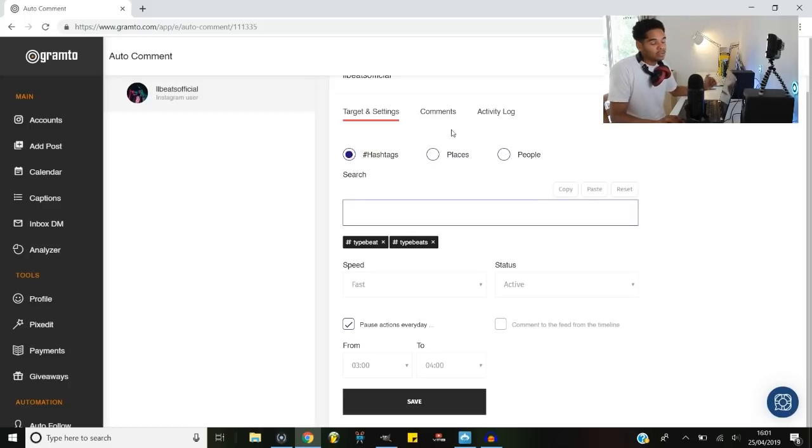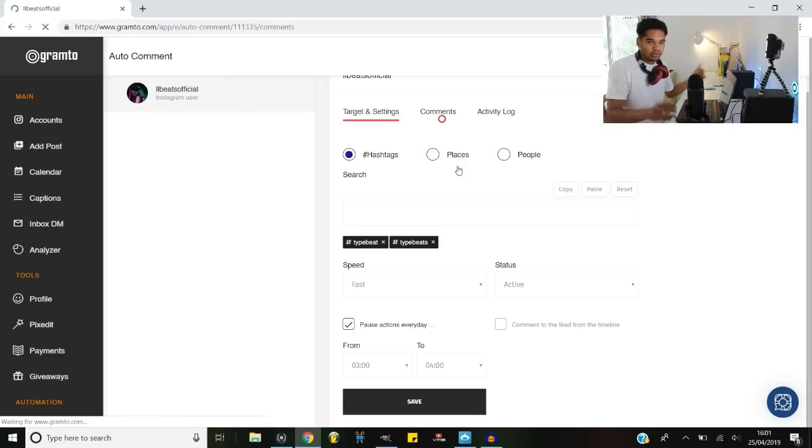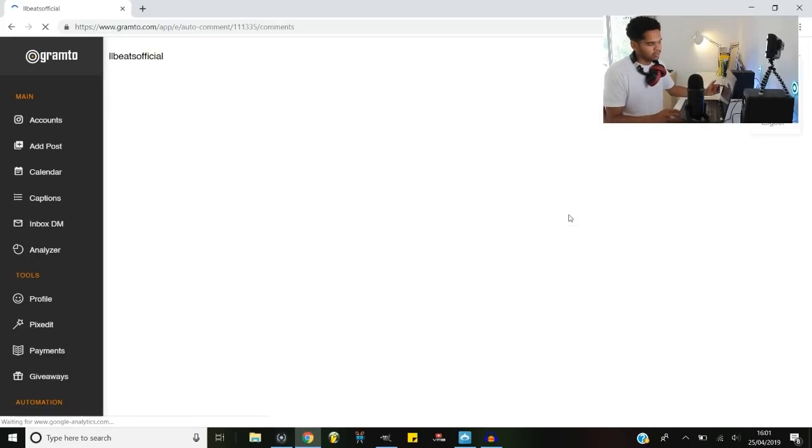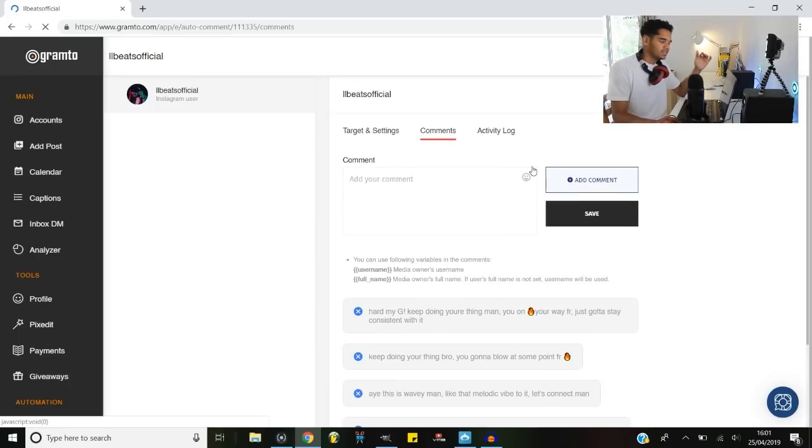Then the next thing that you need to do is go and add the comments that you want to post automatically on people's content. Now this is the part where you need to spend a good amount of time coming up with at least 10 to 20 different comments that look genuine, that aren't just flame emojis, that aren't just saying dope or nice. Make sure that they're a decent length, and leave a long genuine comment saying something decent about their posts. So go and look at the hashtag that you're targeting on your phone right now, look at what people are posting,